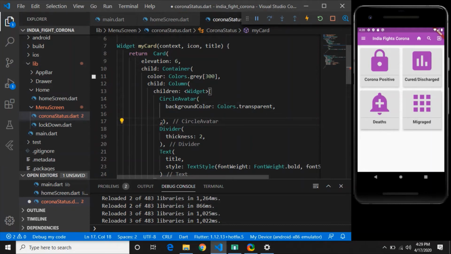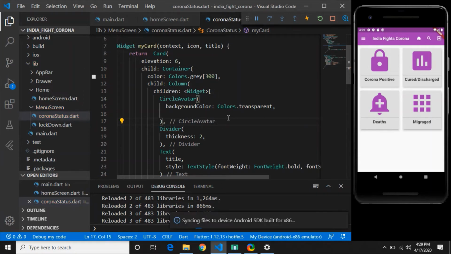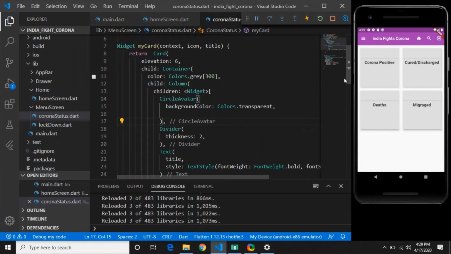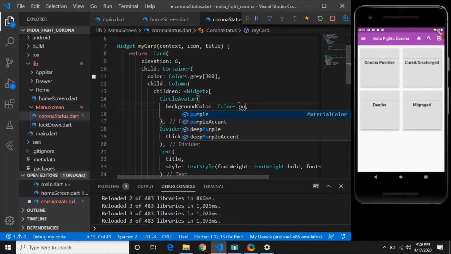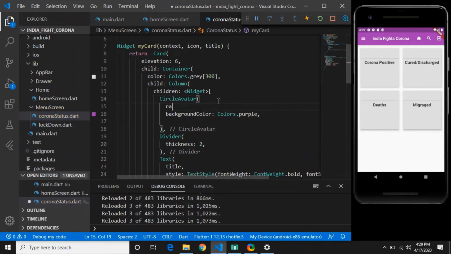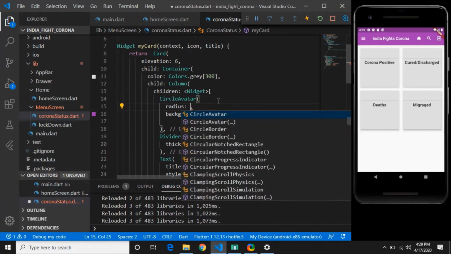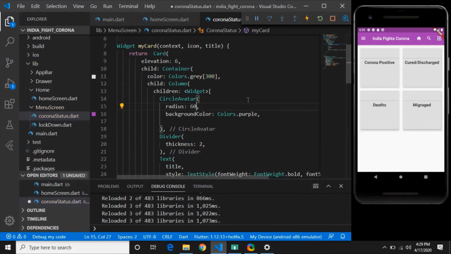Okay, so you cannot see anything because of Color.transparent. For time being, I will add Color.purple, and I will write radius as, let's say, 60. So this is how we are going to add, and we will add some numbers in this, right?